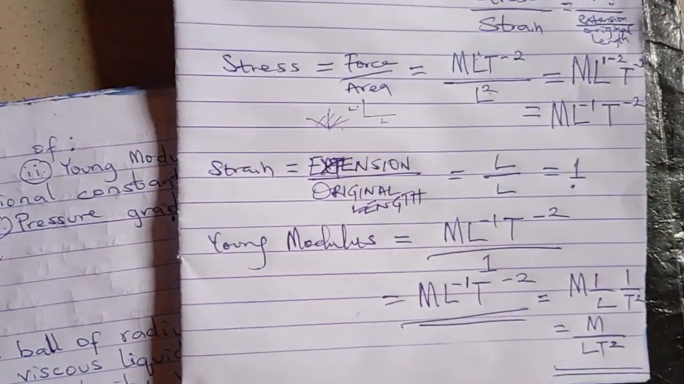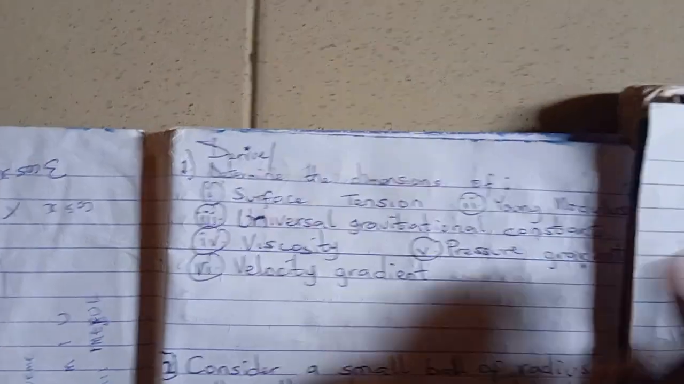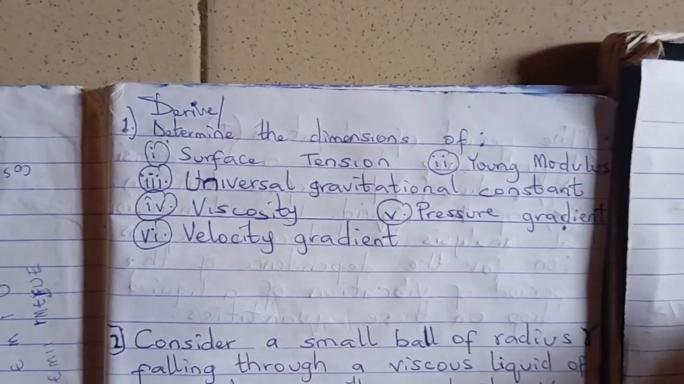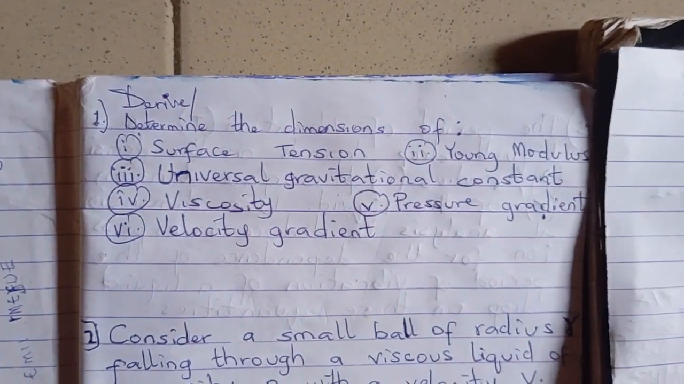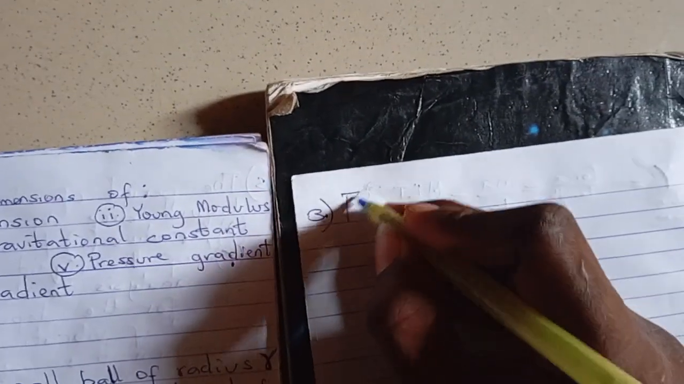So that's our final answer. Now for the universal gravitational constant, which is the third one. To find the universal gravitational constant, we need to first of all remember that Newton's law of gravity states that